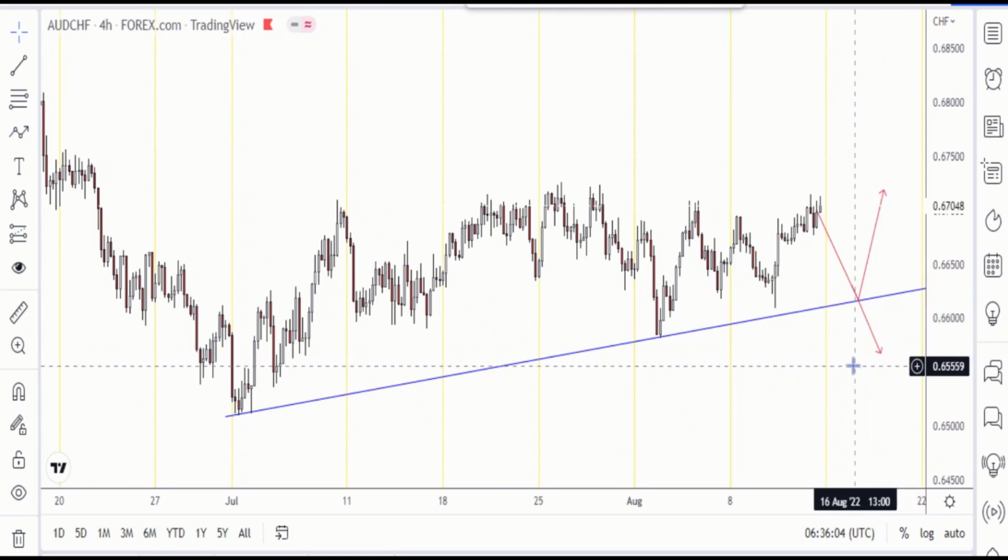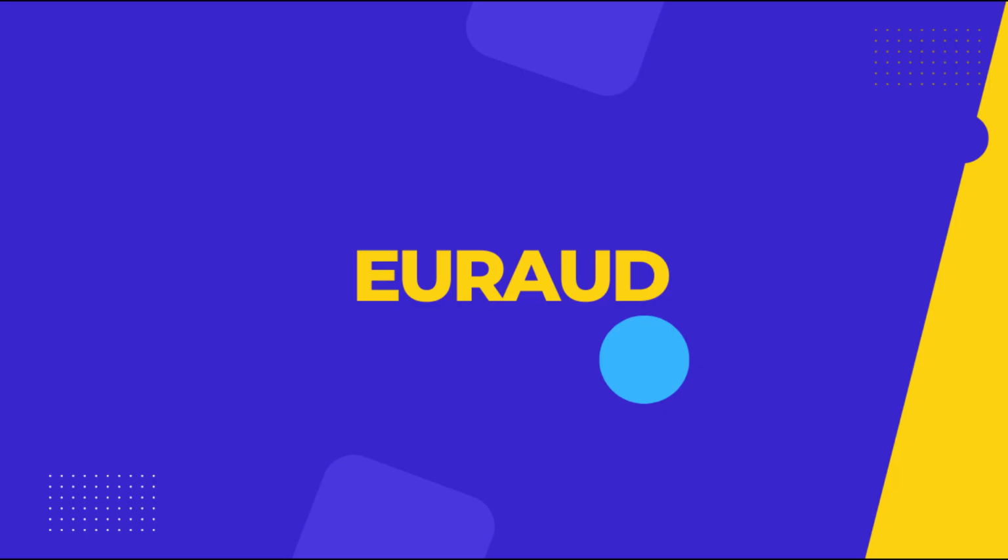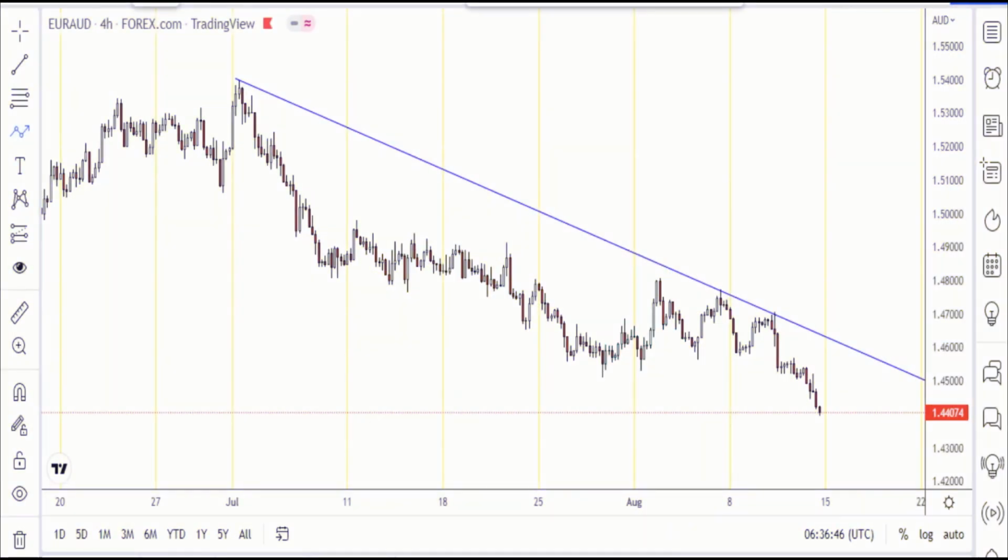Let us move on to the final pair for the coming week, which is the Euro AUD. Euro AUD is the final pair on the watch list as it takes the final spot for the coming week, and it is a negative correlation counterpart of the AUDCHF. So we will just flip around the forecast for the AUDCHF on the Euro AUD, as it also demands a